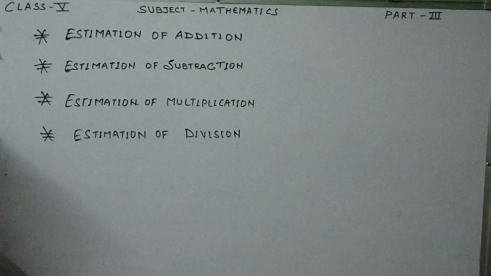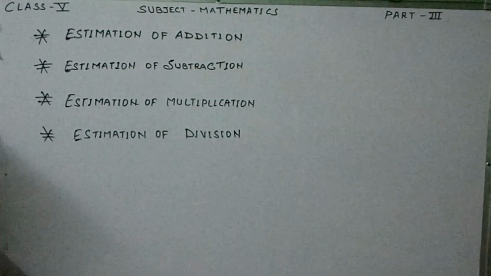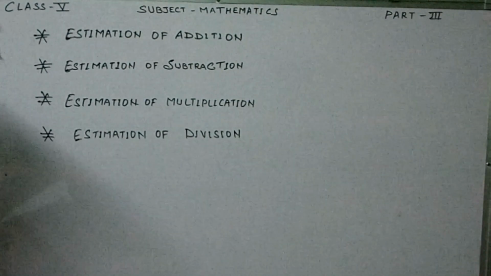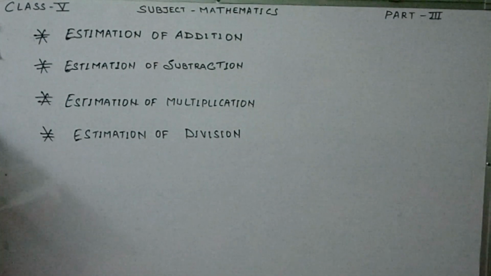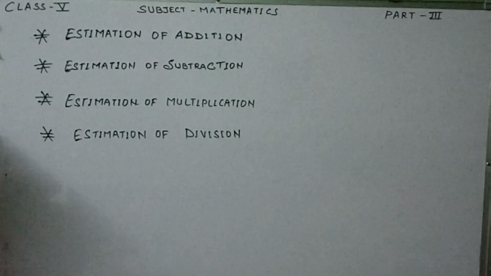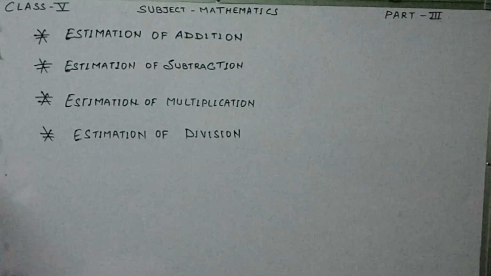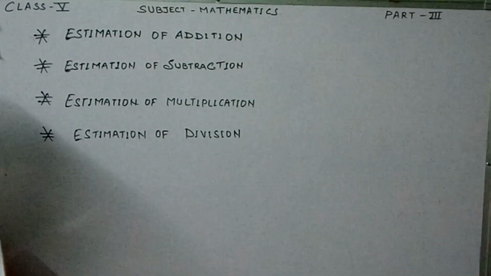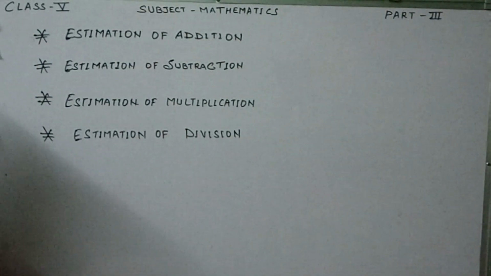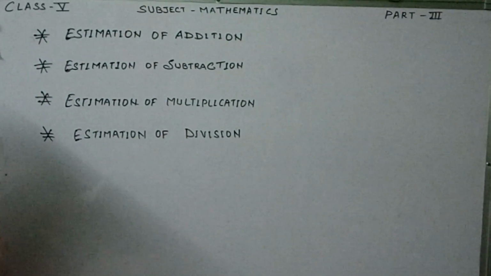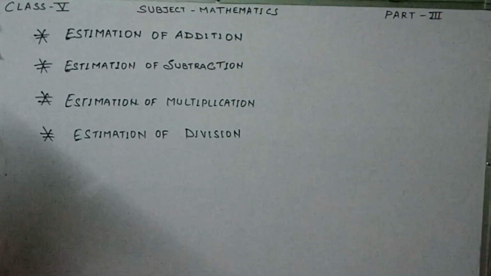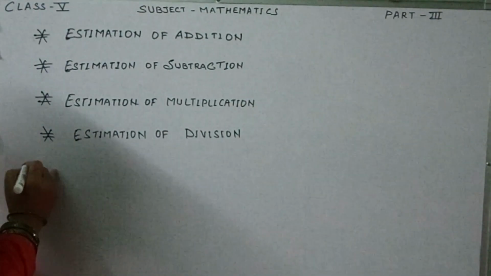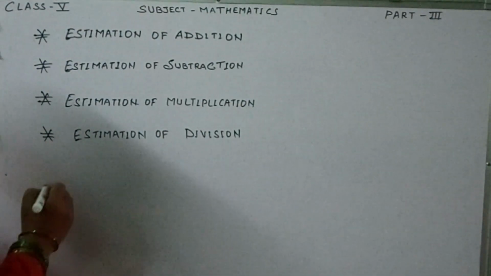Children, what do you mean by estimation? Do you know? Estimation is a rough calculation of the value, number, quantity or extent of something. What is the general rule for estimation? The general rule is to look at the digit to the right of the digit you want to estimate. If that digit is greater than 5, round up; if it is less than 5, then you round down.